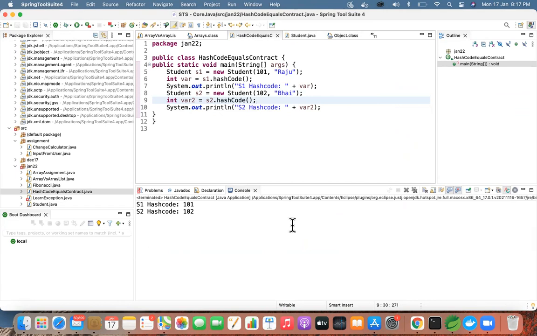But is it the right way? We are going to check that. So now after line number 10, can you just create two strings? Two string objects with different values.